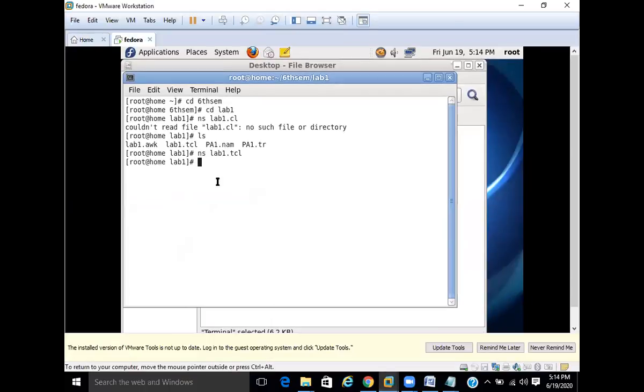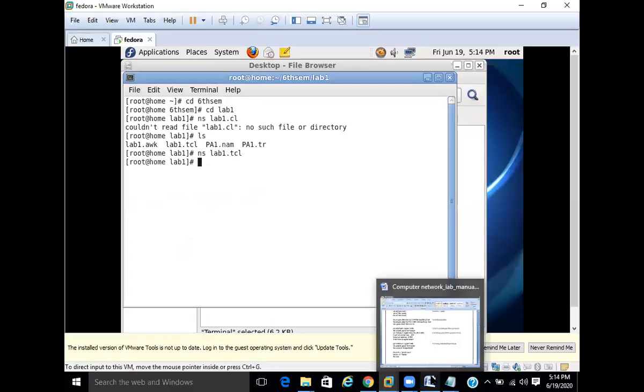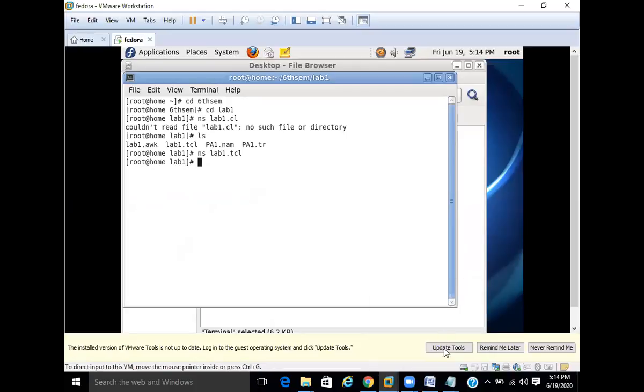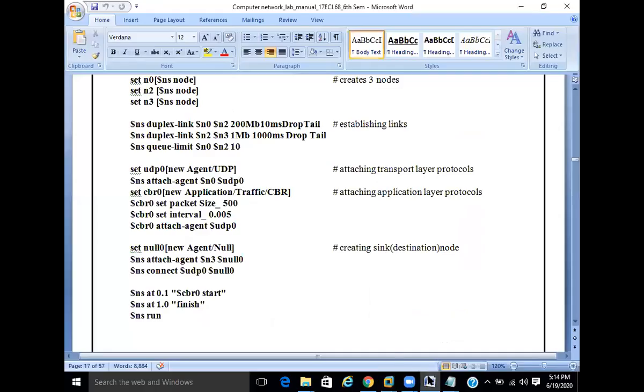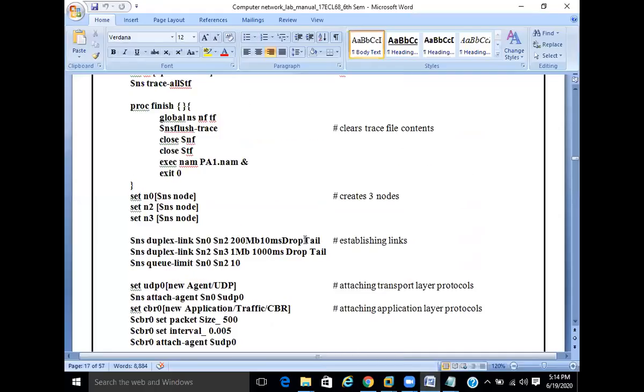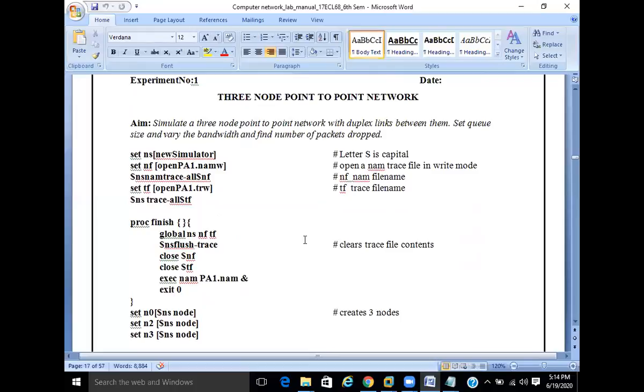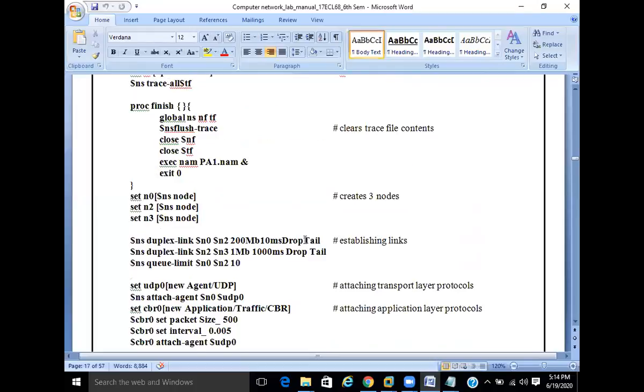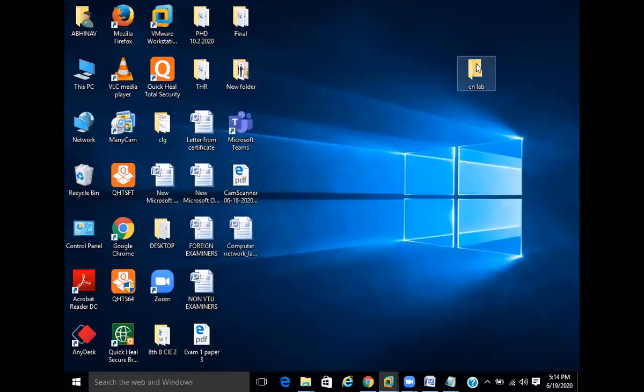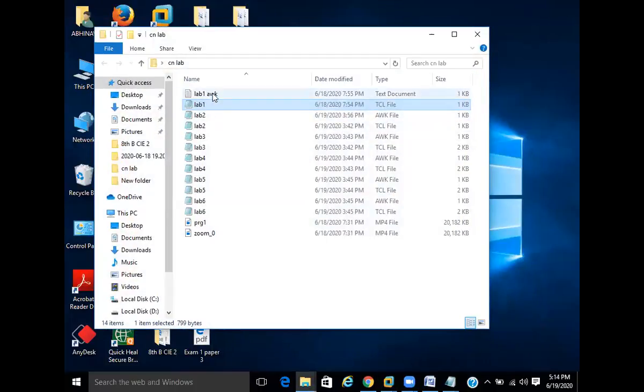You are unable to count that, so for that you need to write an awk script for finding the number of packets dropped while transmitting. This is an awk script.